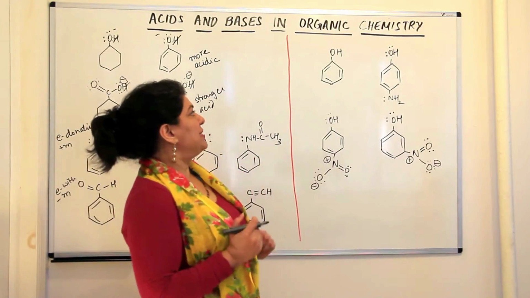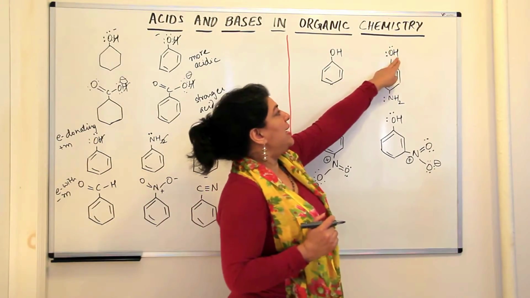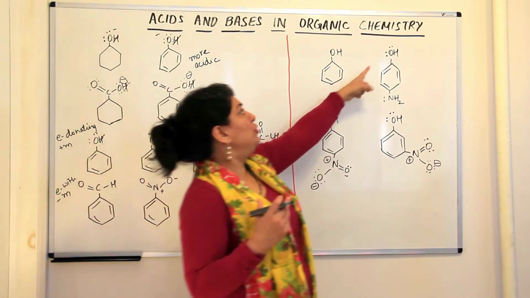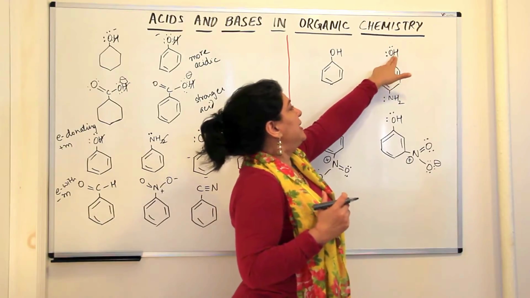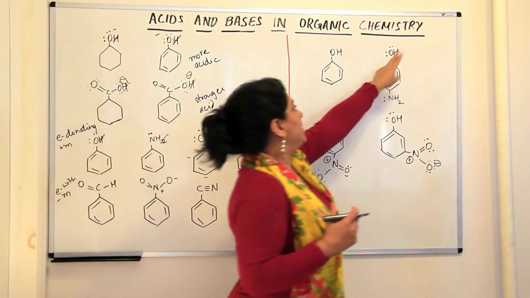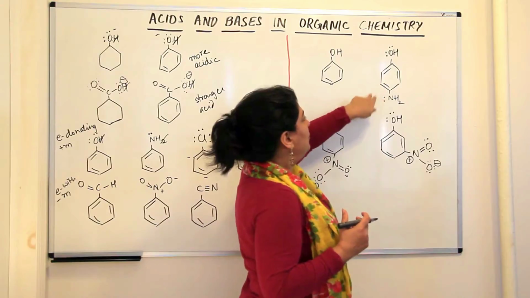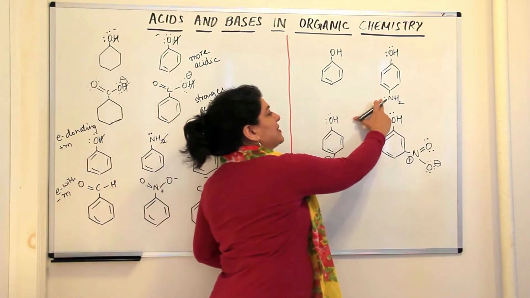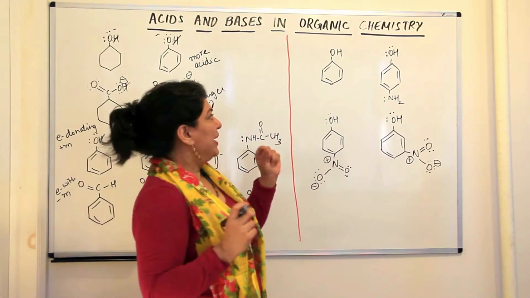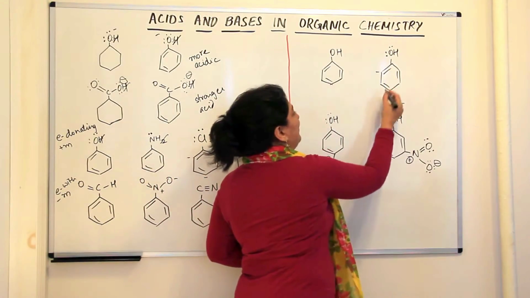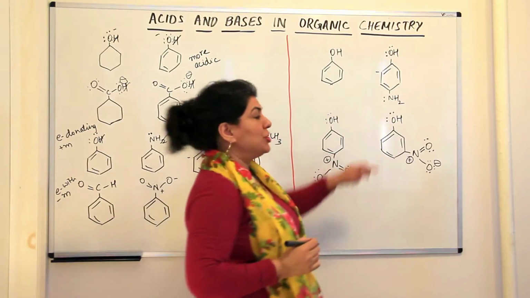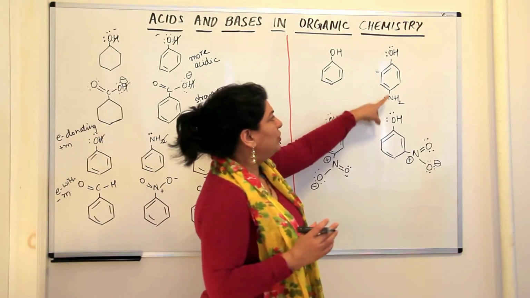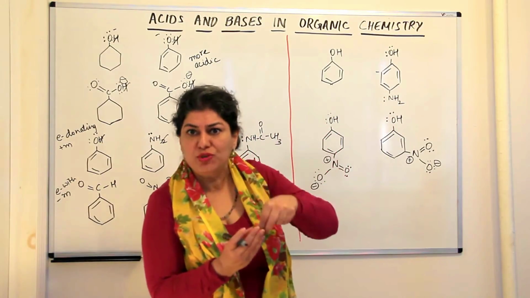And since it has a lone pair of electrons on nitrogen, NH2 also shows a plus M effect. And if it shows a plus M effect, how is it going to affect the acidity of this hydrogen? How easy would it be for phenol to lose this hydrogen? Let us say that the deprotonation occurs and this hydrogen is lost. The electron tried to participate in resonance in the benzene ring, but the negative charge, I told you, shuffles between the ortho and para positions. And if you have a pair of electrons at the para position,